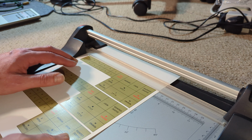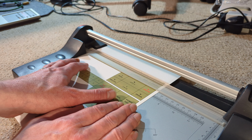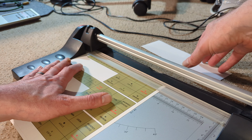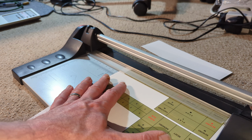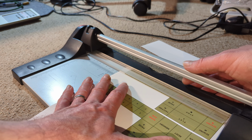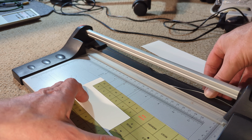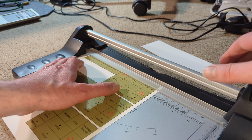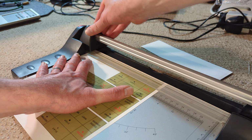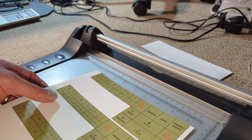So let's guillotine these up, and it should be okay. Make sure we're absolutely straight. Guillotines should be able to cope with this. It's not the heaviest duty of guillotines, but I didn't do a very good job there. No, it's because this plastic doesn't quite, bad workman and all that, but see if I can get this. Still not perfect. Let's try once more. But I think I'm going to struggle to get that perfect. Yeah, just a little bit of white showing. But, so